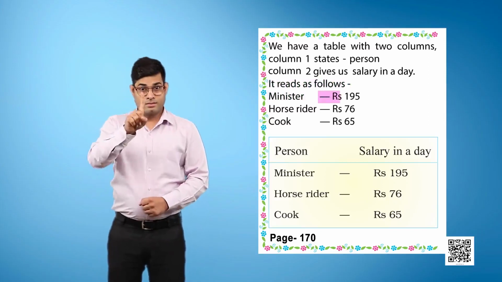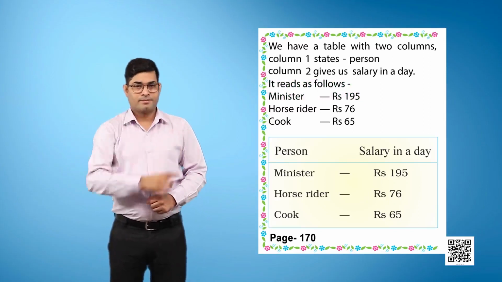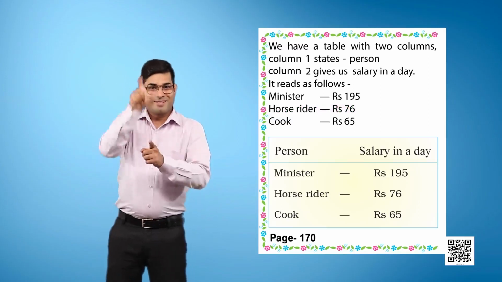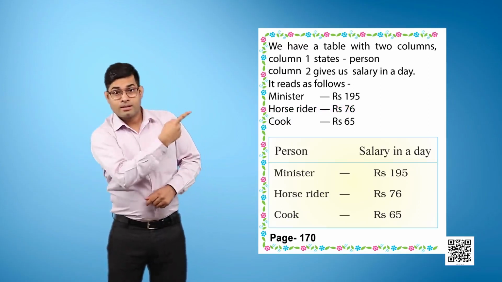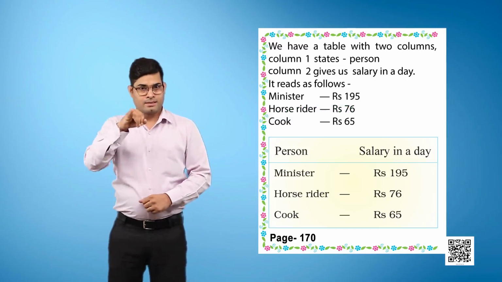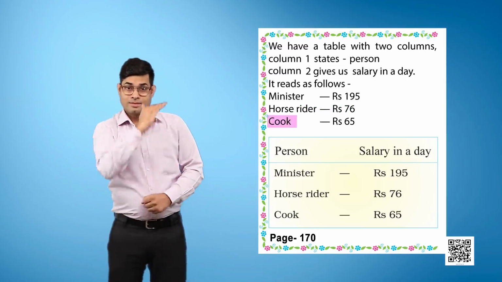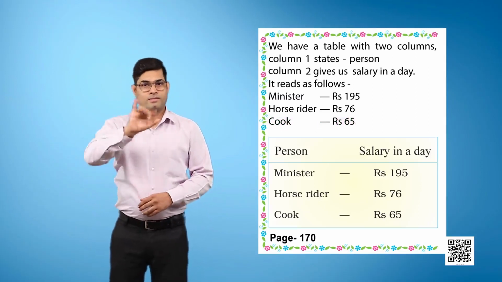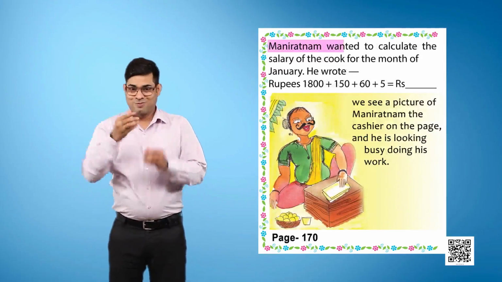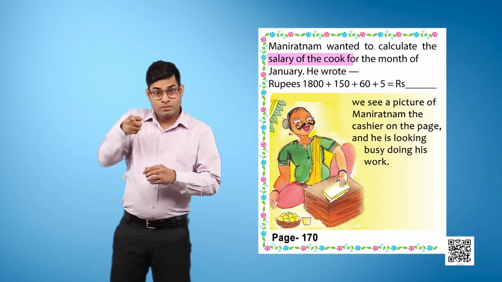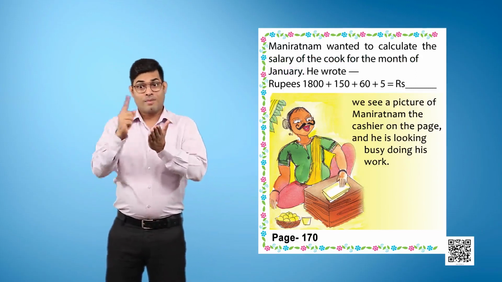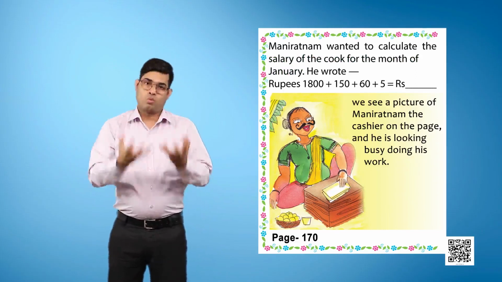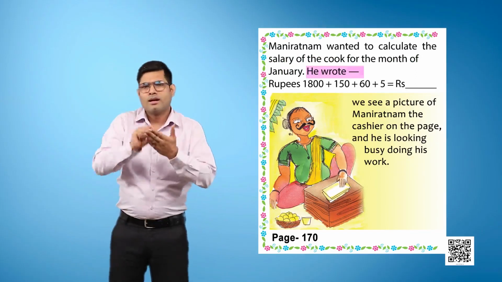Minister, Rs 195. Horse rider, Rs 76. Cook, Rs 65. Mani Ratnam wanted to calculate the salary of the cook for the month of January. He wrote